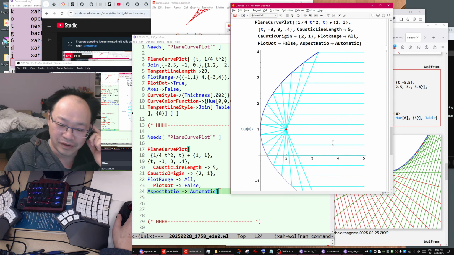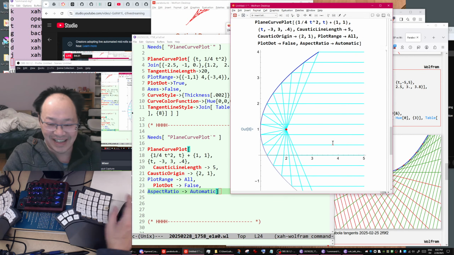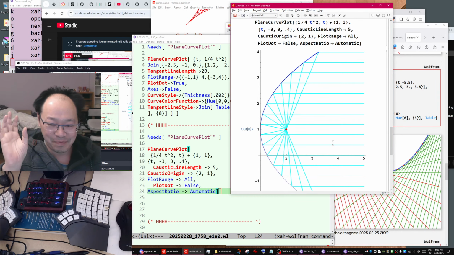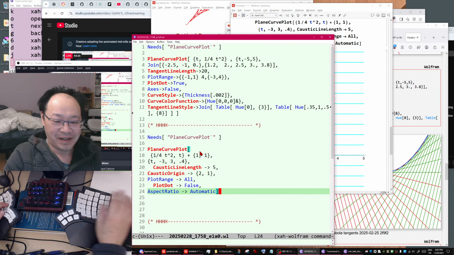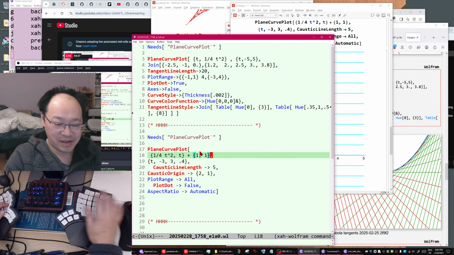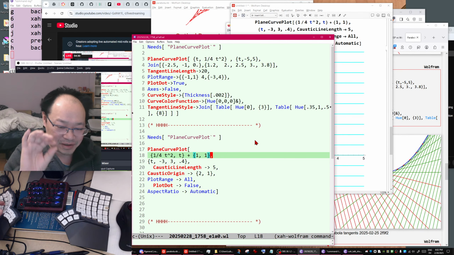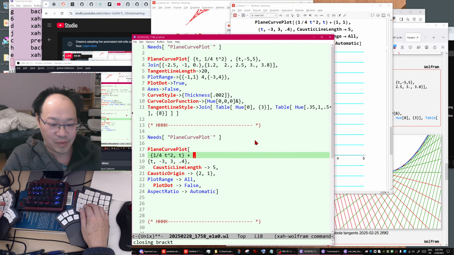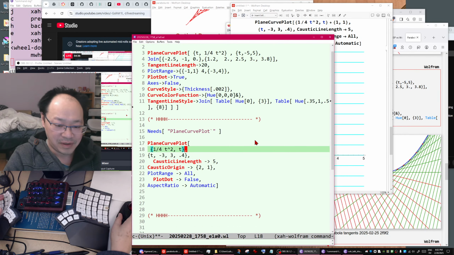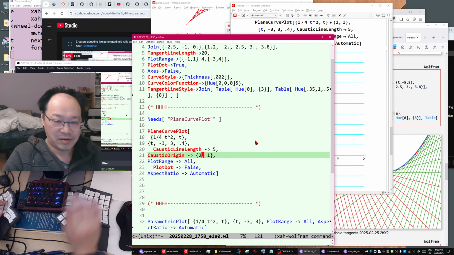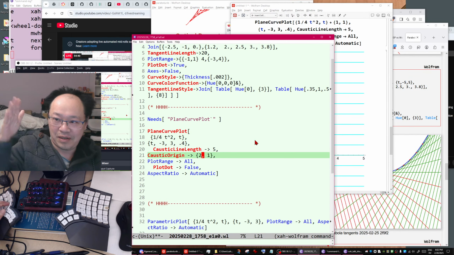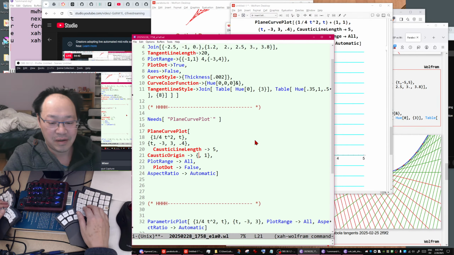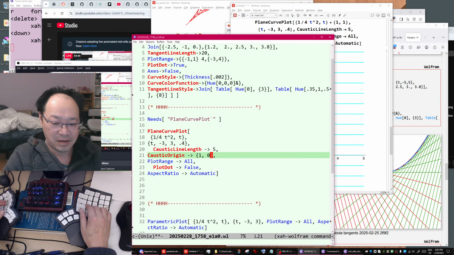Oh, beautiful. Can you see that? Beautiful. Now let's remove the complexity. Let's not add +1 +1. That moves the whole curve 1 to the right, 1 upward. So the caustic origin will be 1, 0.